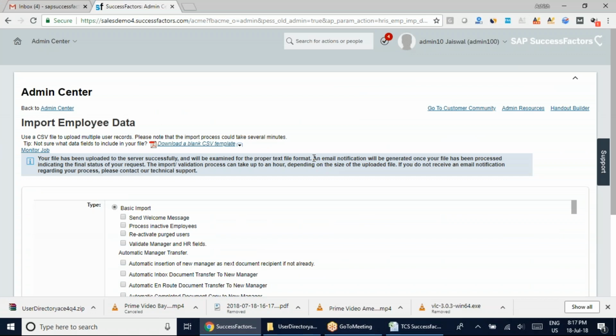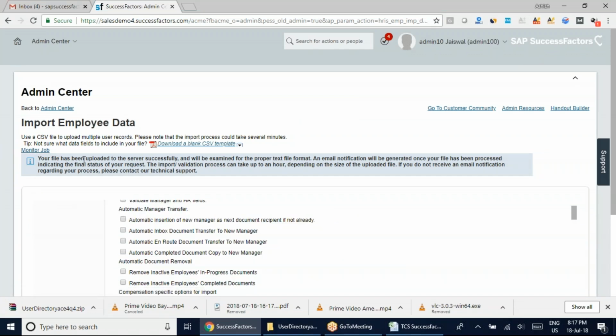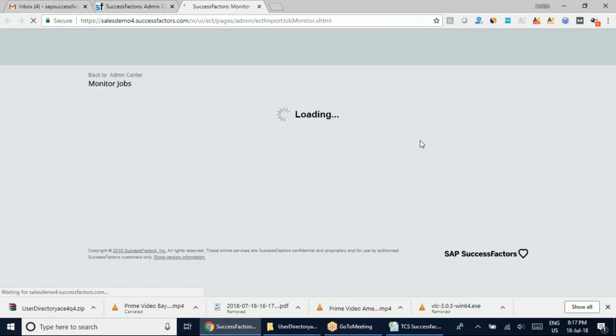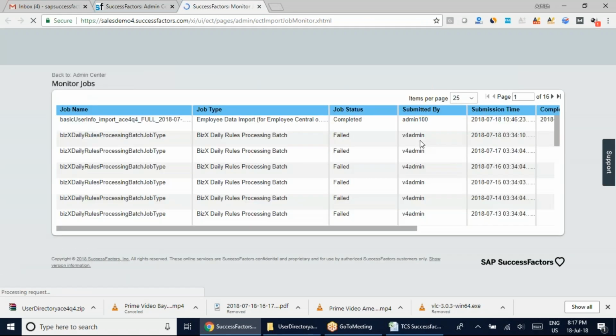So let me also write it. Okay, then have we imported this file? Yes, we have imported this file. That's what it is showing here. So let's see in monitor job whether it is coming here completed or not. So you can see